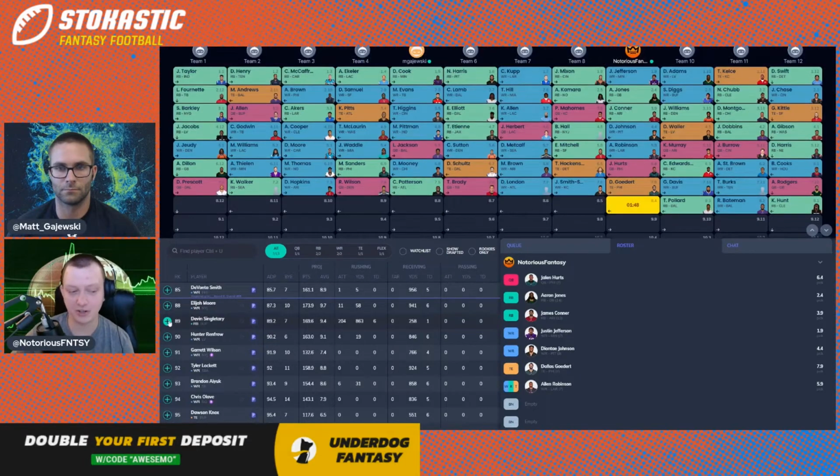Looking for me on the board here, I am probably going to just go with another running back and get a guy that I still feel pretty comfortable with, and that's Devin Singletary. I think he's going to be the lead back on Buffalo. I think that James Cook is going to play some factor into this equation. I don't think he's just going to be a nobody,